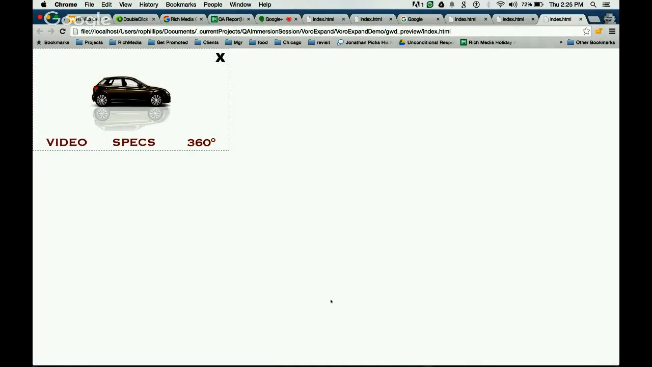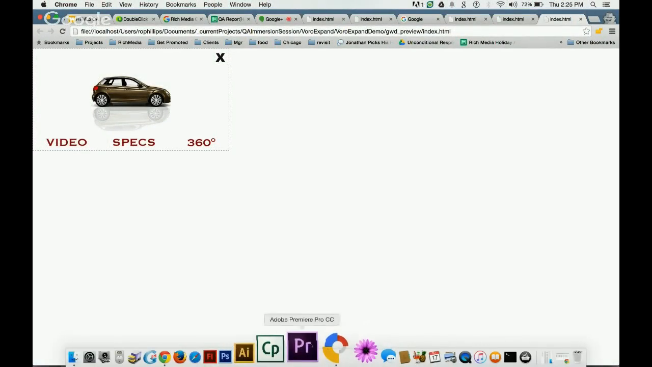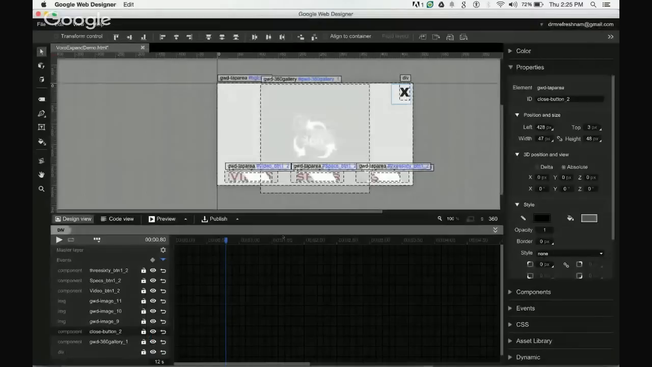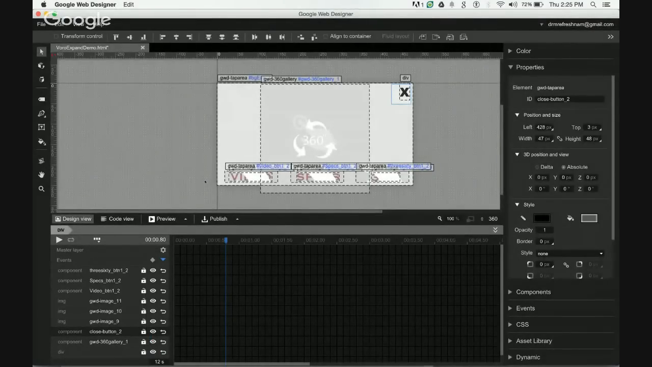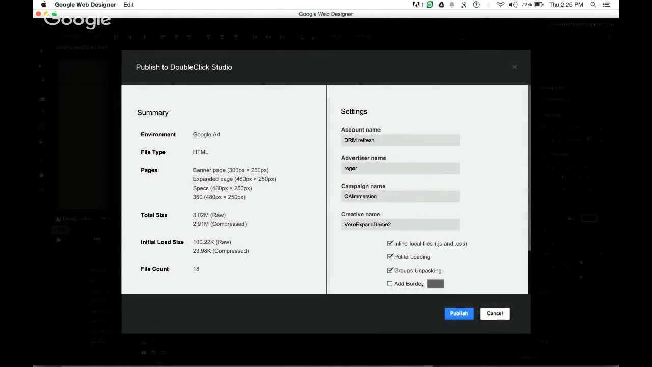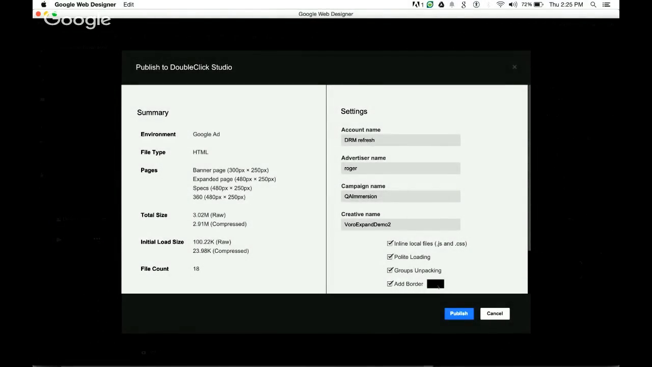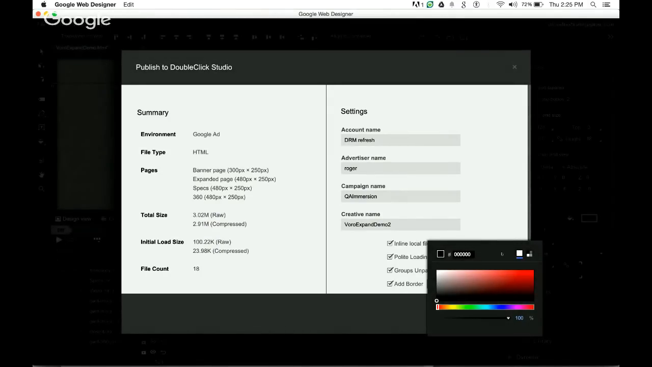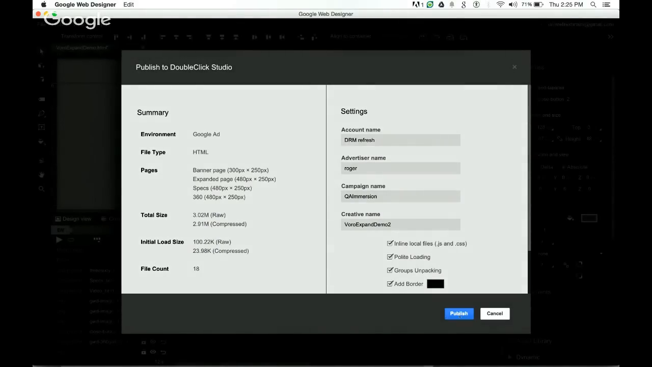At this point, I've fixed everything in the QA report except for one thing, and that's adding the border. Now, adding borders in GWD is really easy. I mean, yeah, you could draw a border or make it part of your background, but the much easier way to do it is to just publish your ad. When you hit the publish button, there's a little checkbox here to add a border, and you can pick your color. I'm just going to go with black. And then when I publish,